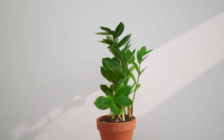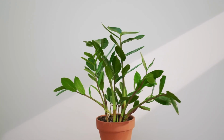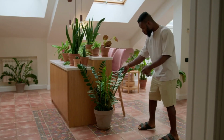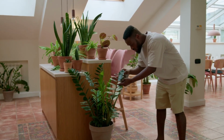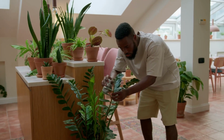Last but certainly not least, we have the ZZ plant, the superhero of low-light plants. This resilient plant is a favorite among indoor gardeners for its ability to thrive in conditions where other plants would struggle. Seriously, this plant can thrive in almost any condition, making it the perfect choice for those dark corners of your home where other plants fear to tread. Whether it's a dimly lit hallway or a shadowy corner of your living room, the ZZ plant will not only